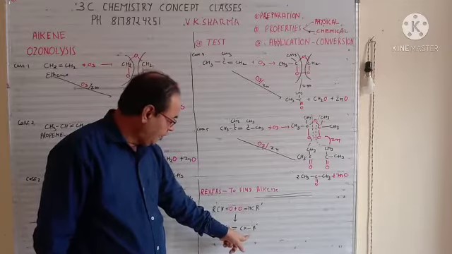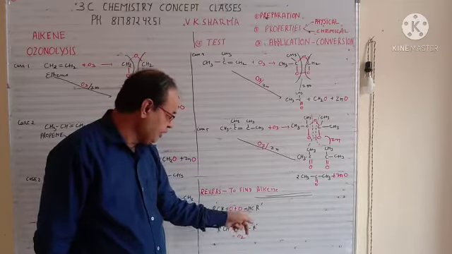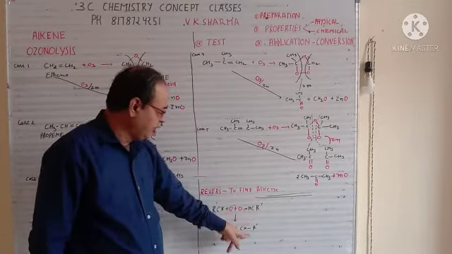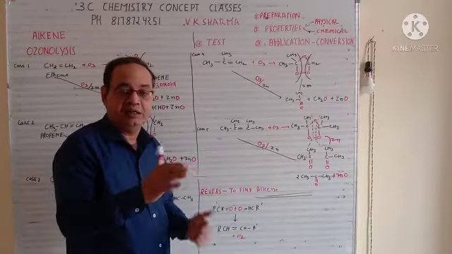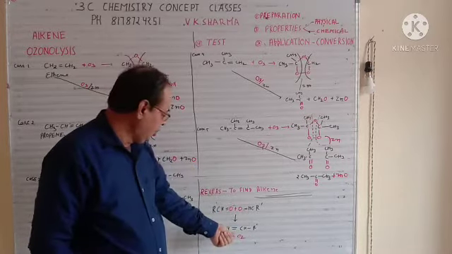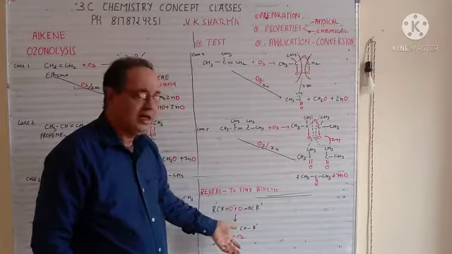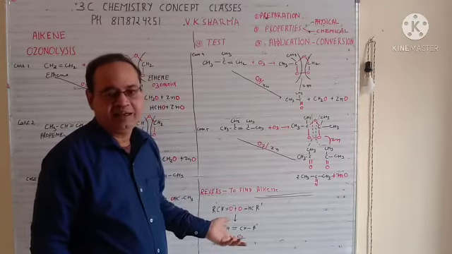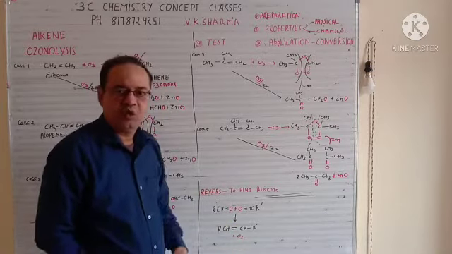So when you go for ozonolysis of this alkene, it will give you this. When you remove oxygen, that will give you the alkene. So this question generally comes in reverse. They will give you the product and they will ask you the basic alkene. So you can do this question this way also.